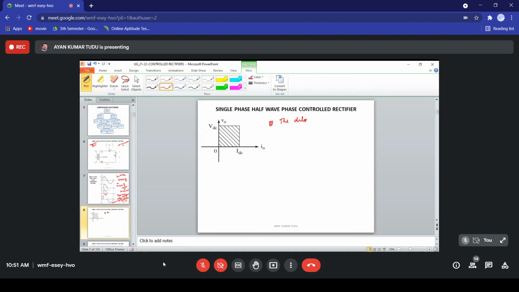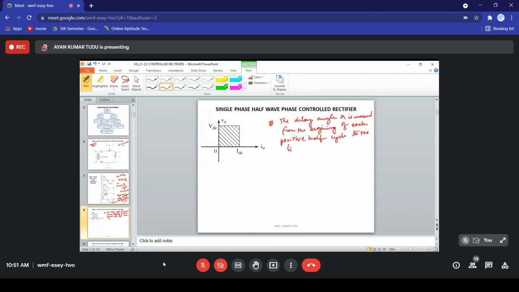The delay angle alpha is measured from the beginning of each positive half cycle